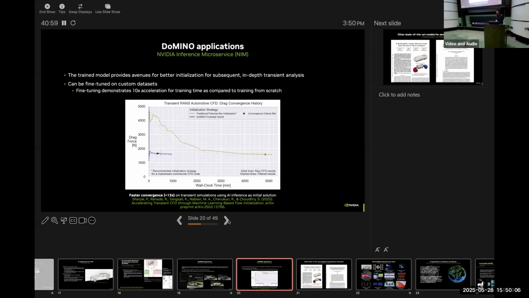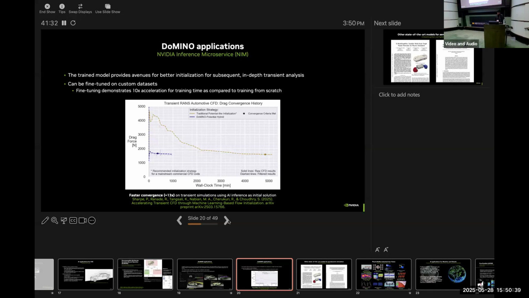Yeah, that's a great question. Right now, what we have released as a checkpoint and what is usable, you can only change the velocity and the car geometry. But from an architecture standpoint, yes, if you had a data set where you are varying the viscosity or the density of the air around the car, those changes can be included. But this trained model right now is not doing that.